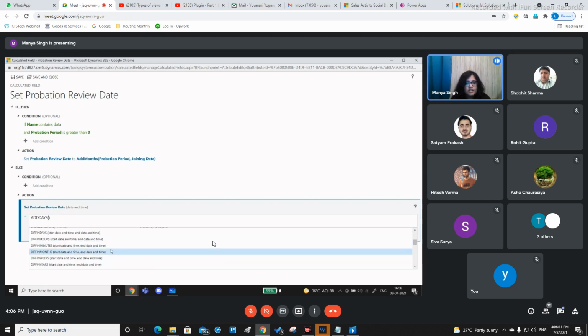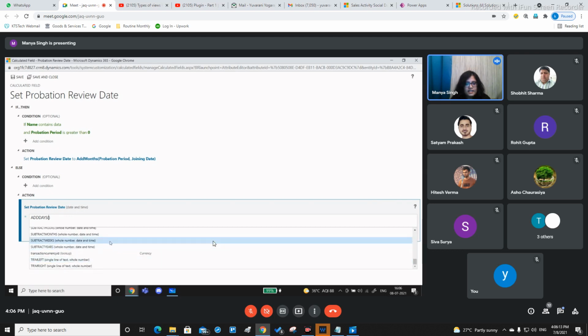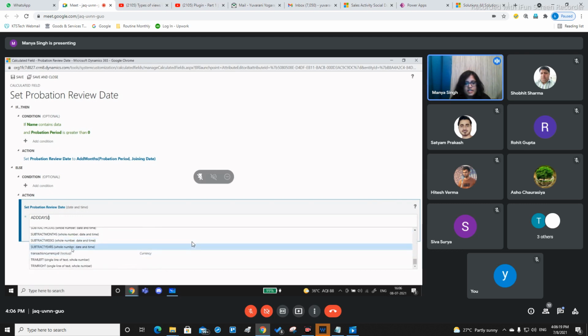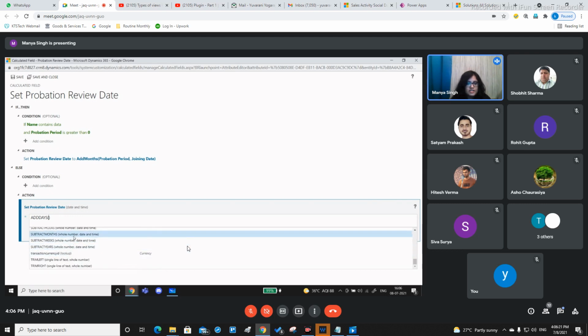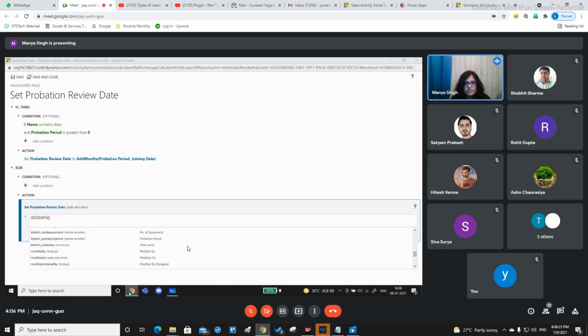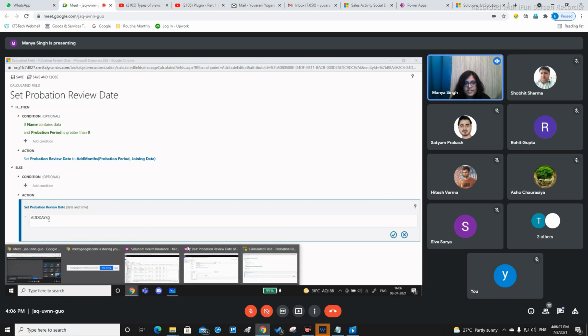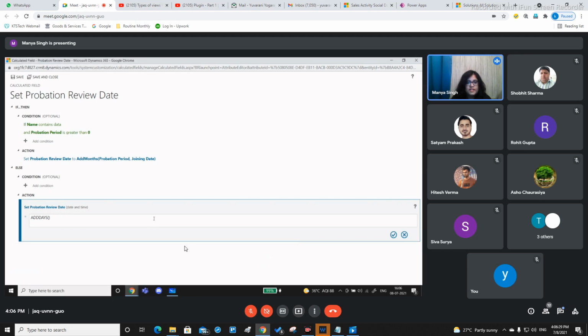Furthermore, we have an option for subtracting the hours, and for taking a difference. So we can take a difference in years, in weeks, in months, in hours. Basically in the years part, your two fields will be present. Both the fields will be of the data type date and time, and there you will be getting a difference between those two dates.